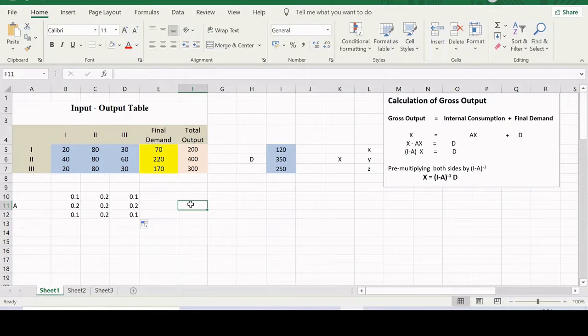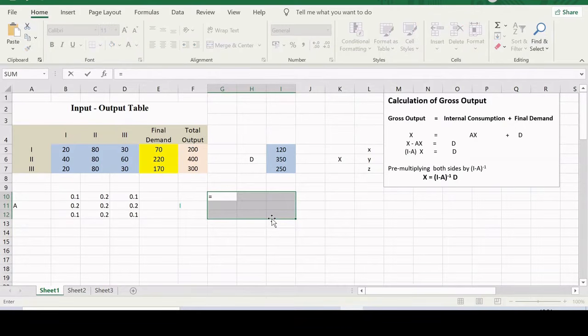For that we require the identity matrix, and to calculate the identity matrix, Excel provides us a function, and that function is called the MUNIT function. To get the identity matrix of the desired order, we first have to select the range for that matrix, and we need an identity matrix of order 3 by 3. So I have selected the range for a 3 by 3 order matrix.